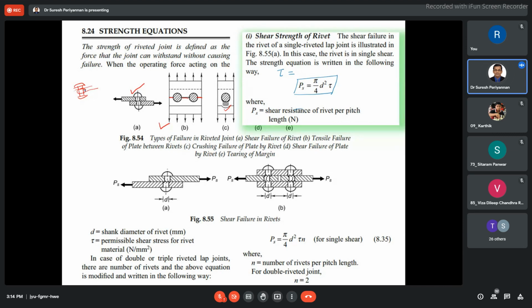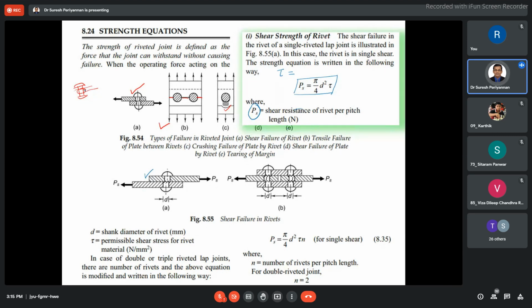Now, this is shear failure. How many shears are here? This is single shear. Suppose this is a plate subjected to two plates connected by a single rivet, and this is a lap joint, right? A lap joint subjected to single shear. PS is nothing but our shear resistance, the shear resistance developed by the rivet